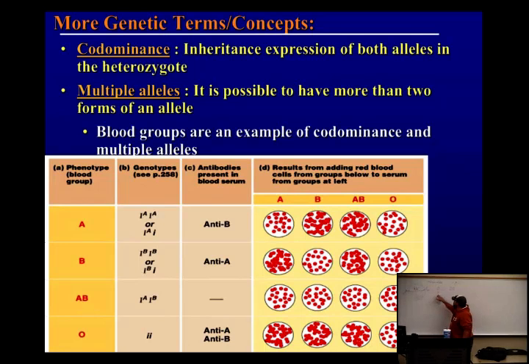What's the genotype possibility for A? That one could be A and that one could be O. That's right. Or that one could be A and that one could be A. No, that would make you AB blood. A. So if, let's say A made three of these, right? You would still have three A-shaped receptors on the surface, right?